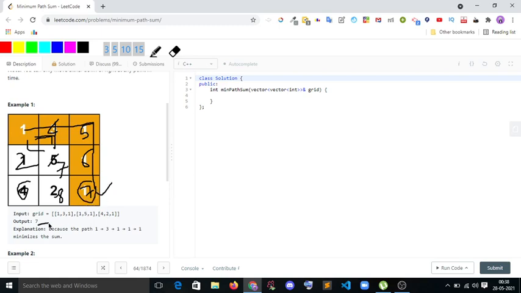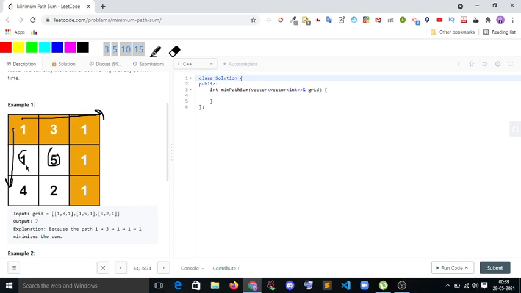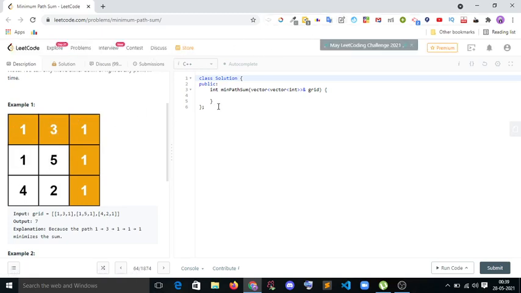Okay, this is the thing that we are actually looking for here. And here you can check what we did in the first row: we actually find the prefix sum. Then after that, for the remaining positions, we just find the minimum of the two positions and add this value. That's it. Okay, so let's try to do it.